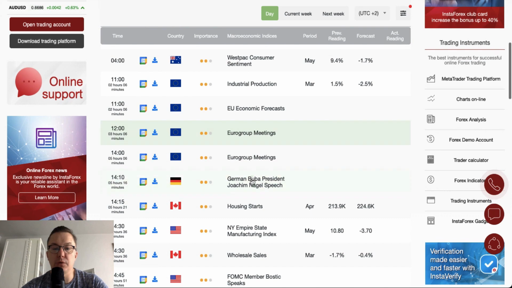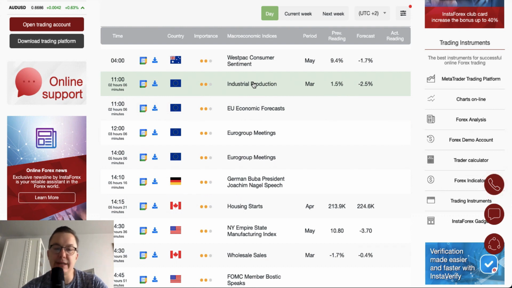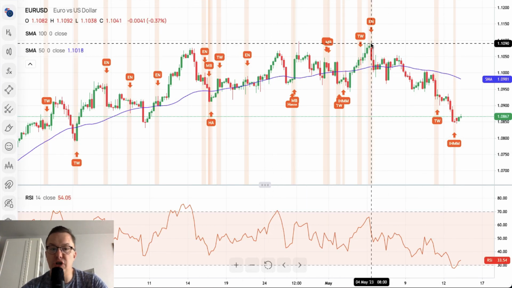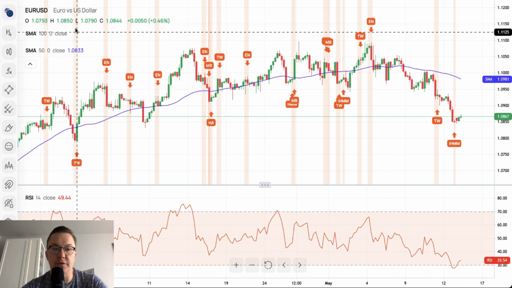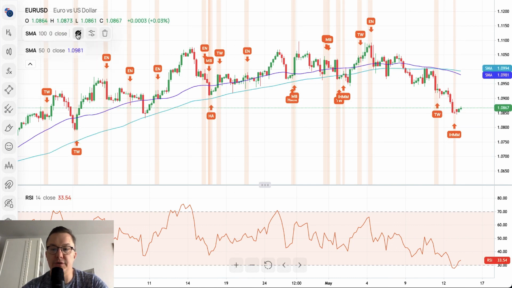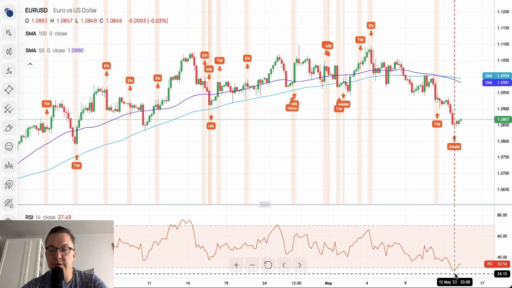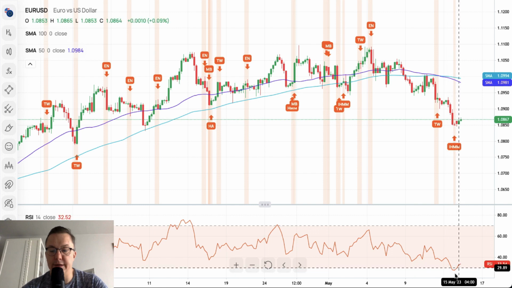Well, let's find out what's going on the euro dollar at the beginning of our technical part. So what we have here on the 4-hour chart of the euro dollar is definitely some sort of downside movement. Let me just move the RSI a little bit lower. What's the situation on the momentum? Momentum is bouncing from the extremely oversold conditions, right? So we went below the level of 30. Now the market is trying to bounce.